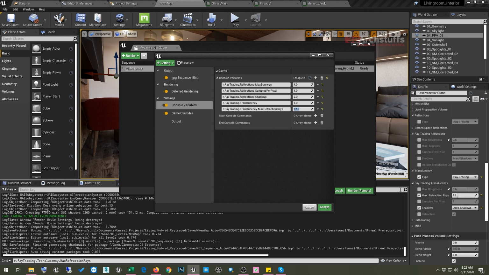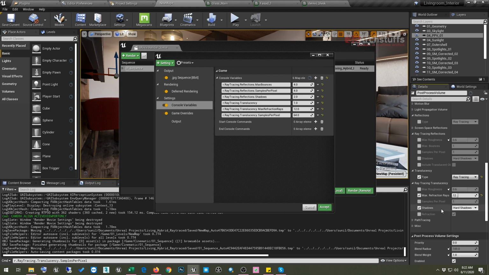And now after this we have to give a samples per pixel on our glass. So we'll select this and then press samples per pixel, and then copy this and make another console command, and then press Control V, and then we can make it 64. And then we have to make it use the area shadow. By default it will be using hard shadow here.